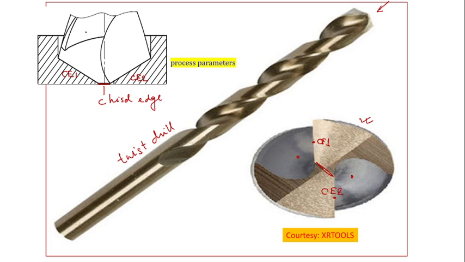So this drill will be rotating and simultaneously it will come down because of the feed. This drill will rotate in this direction and it will come down in this direction for feed. So there are two motions. One is the rotation motion, in this direction. Another one is the feed direction. And in the process a hole would be created. So that is your drilling process.